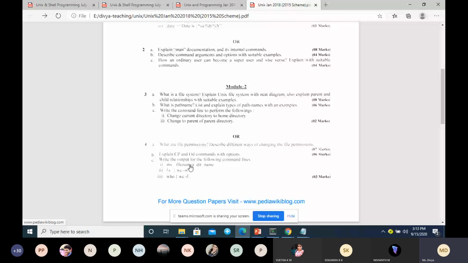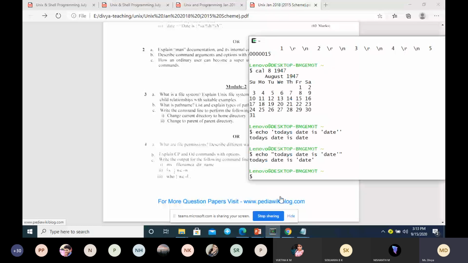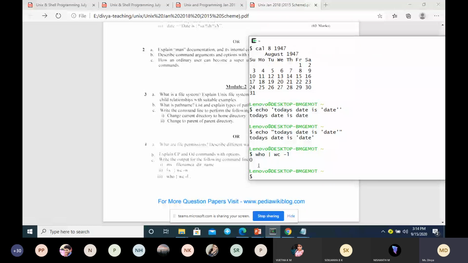Okay. Next we have ls. ls with the pipe. So this is a pipe. Okay. So it will list the files. See, execute these commands and check. If you have any doubt, you ask. Again, this command, it is a pipe. I had shown you a pipe, correct? Like this, we are typing the pipe, wc -l. Okay. So here, who, it will not give any output.